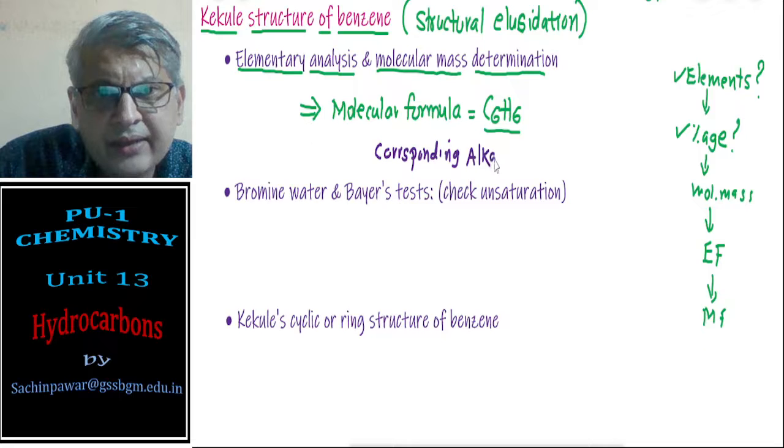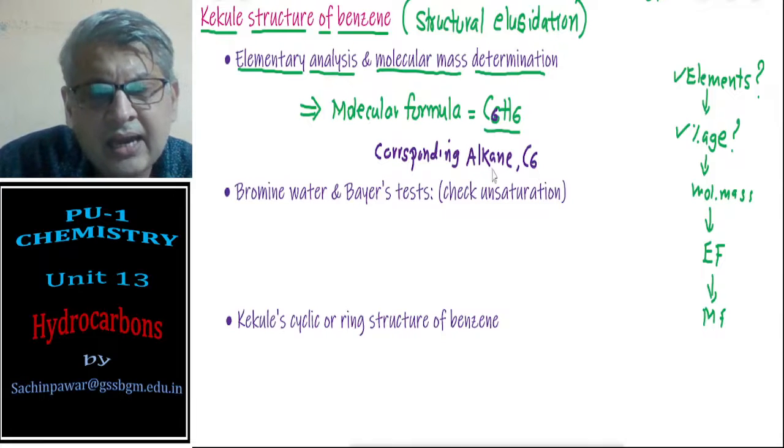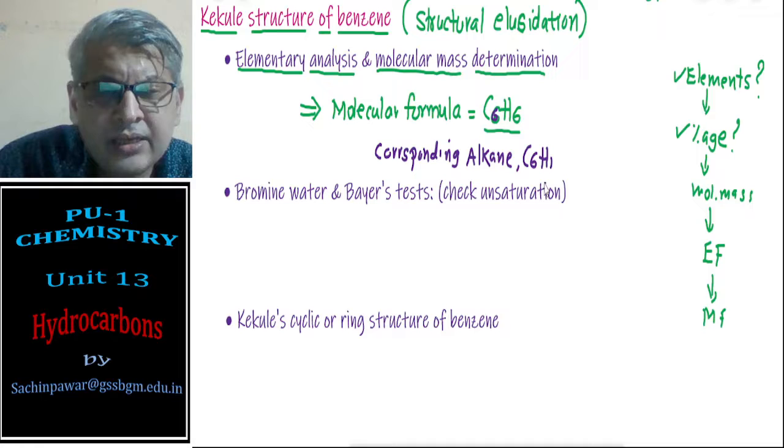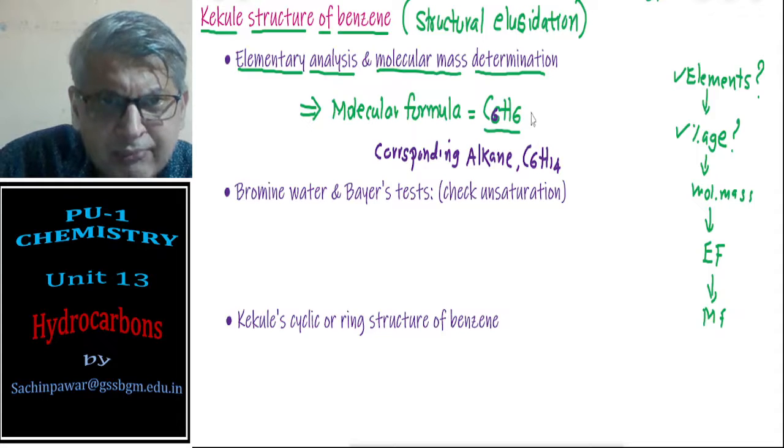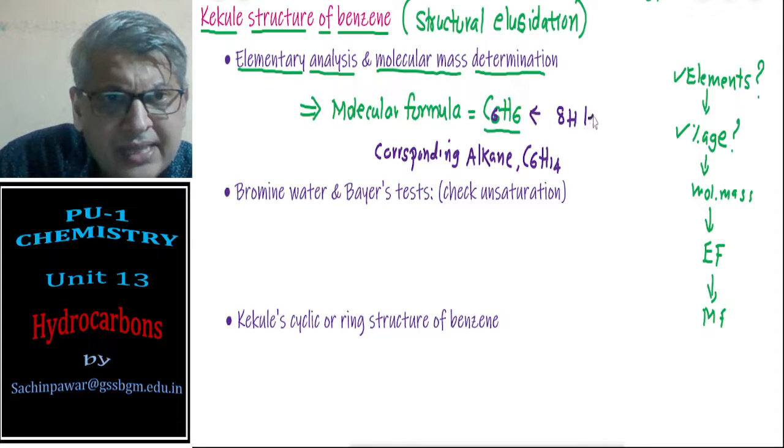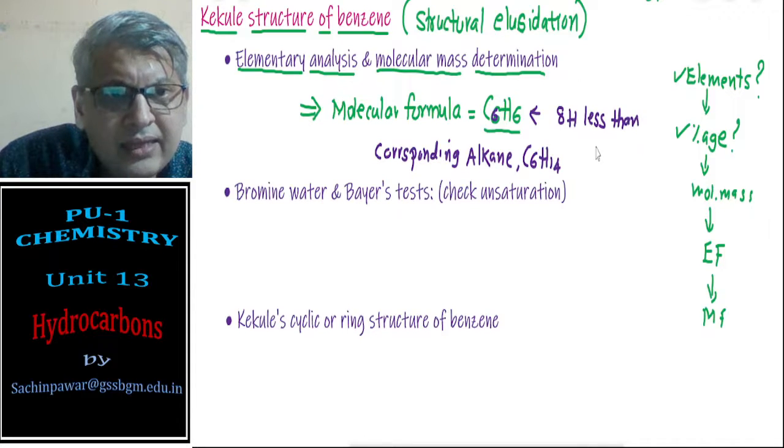If I take the corresponding alkane containing 6 carbon atoms, then it is C6. Alkane is CnH2n+2, so C6H(6 into 2 is 12, plus 2) that is 14. And if you check, this benzene has 8 hydrogen atoms less than the corresponding alkane,